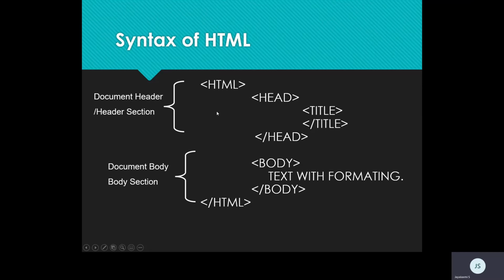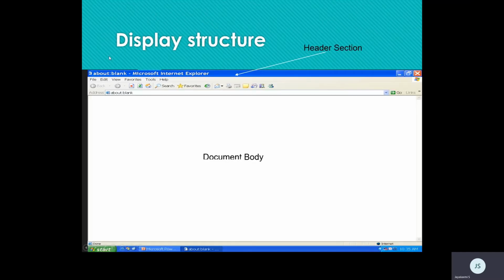What happens if I put something in the header part, and what happens if I put something in the body part? Let's check the execution. This is my browser application. Anything I write in the header part is for pre-execution. If I want to put on a script, execute a style, link a document, give a description of the document, or play background music, anything you want to do in the background, you put in the header section. Anything you want to display in the working area, the white area of your document, the original workspace of the browser application, you put in the body section.